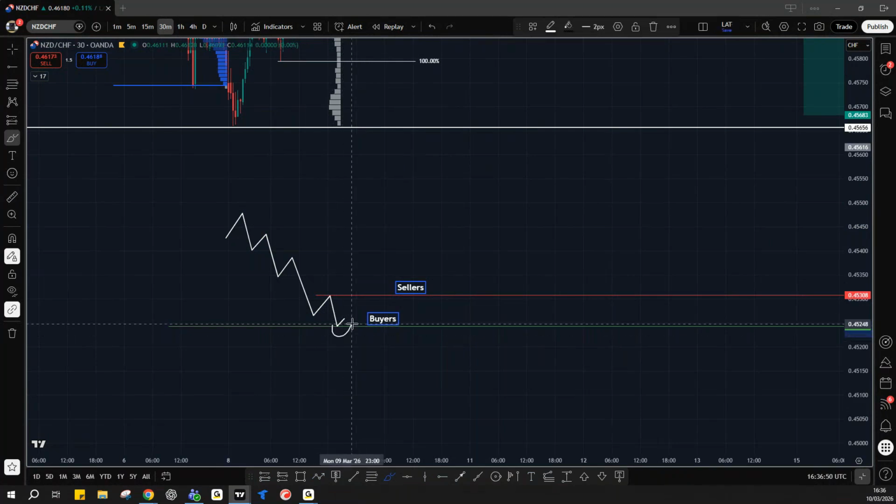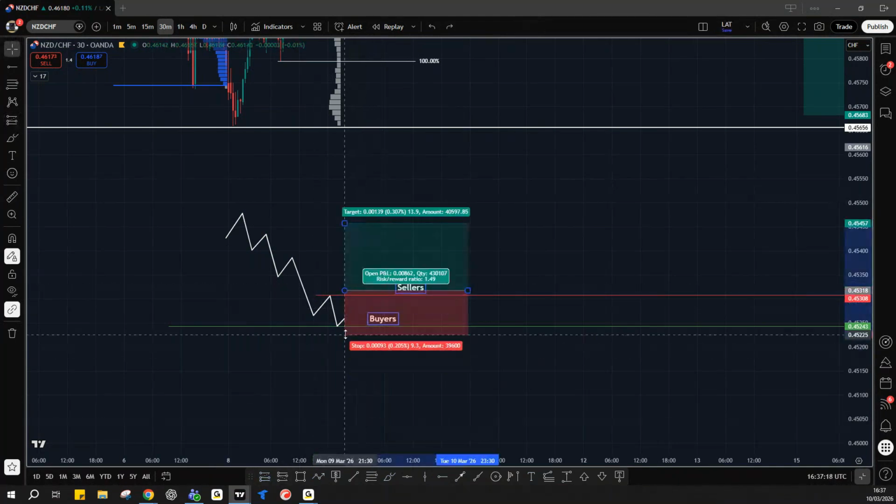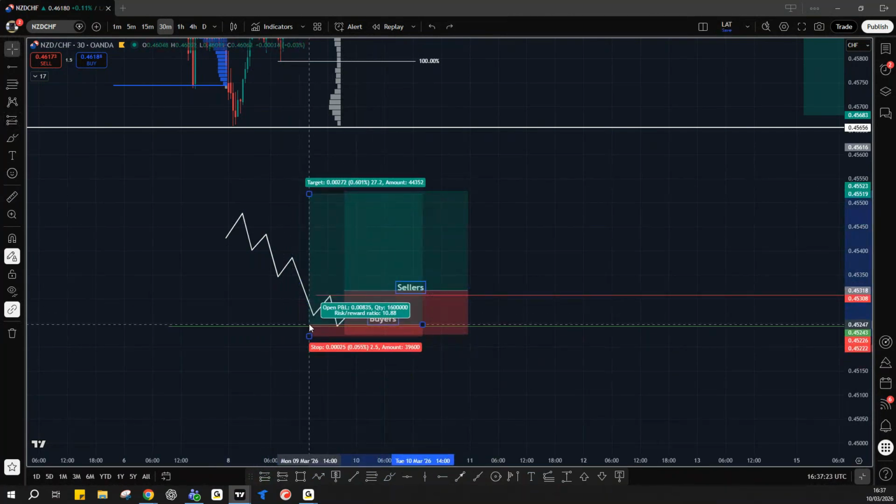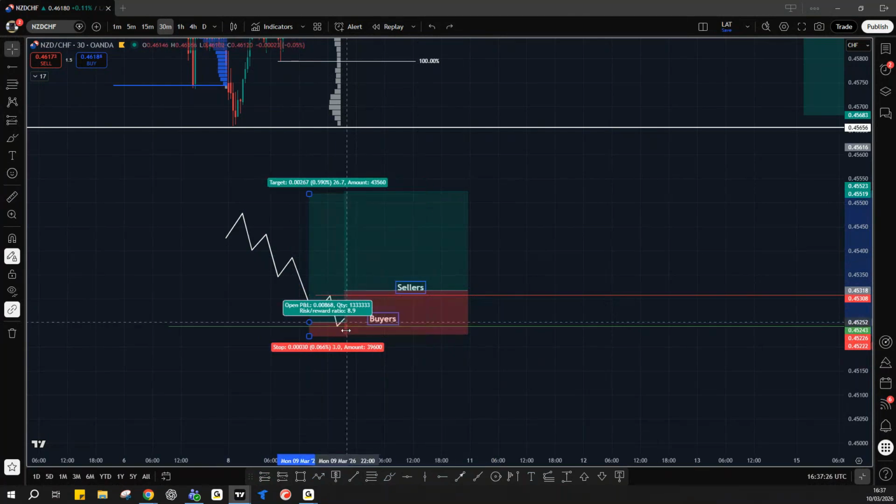If these buyers off this level are strong enough to at least overwhelm these short-term sellers, that just tips the scales more in our favor, right? It adds that last bit of confirmation. It tells us that buyers are at least present to some degree, and the probable outcome that we make our way to the next level up here is now greatly increased. Versus if I just jump into that trade as we touch that level, because at this point, we've not really had much confirmation that buyers have even started to step in here.